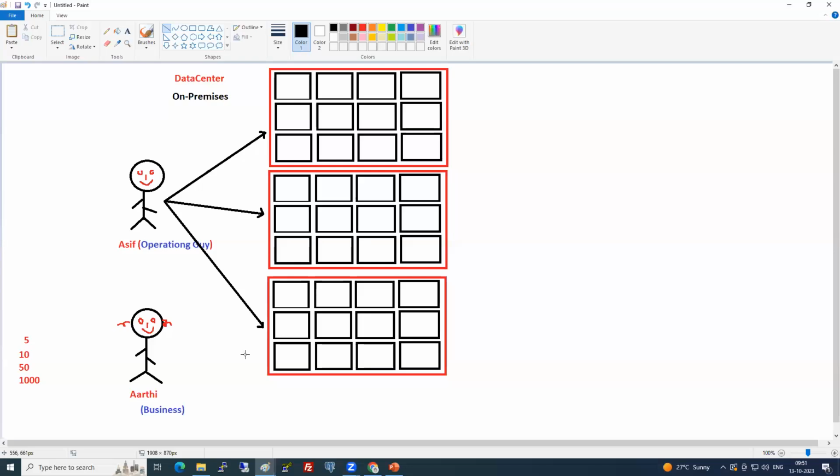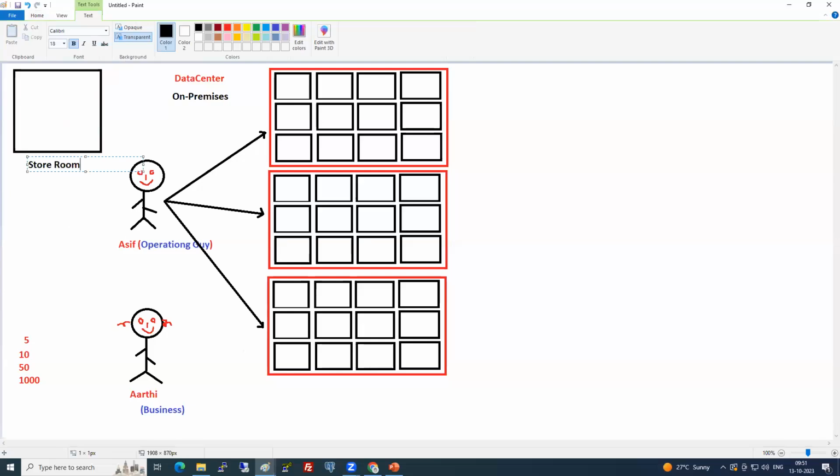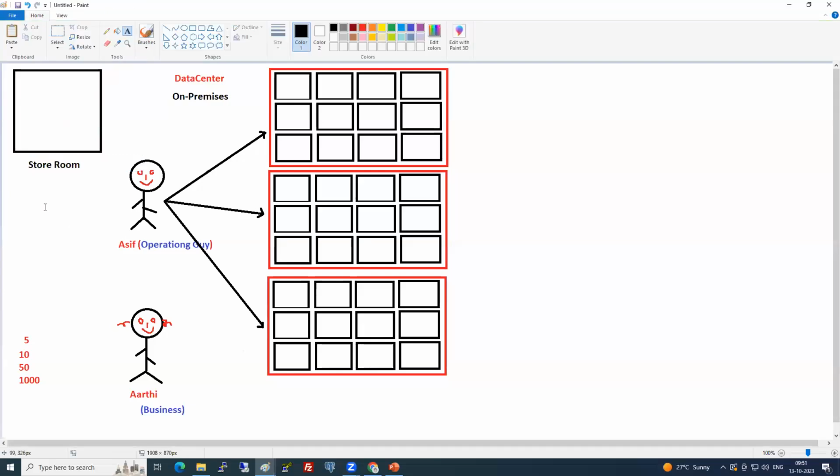And let's say 1 year has happened and it is out of warranty now. Should I keep it in data center? No, I should not keep it in data center. So all those out of warranty servers, I'll put it where? In storeroom. In storeroom, we'll have so many out of warranty servers. Is there any use of this? No use. So now, see this. Now your data center is completely full, no space. In this situation,